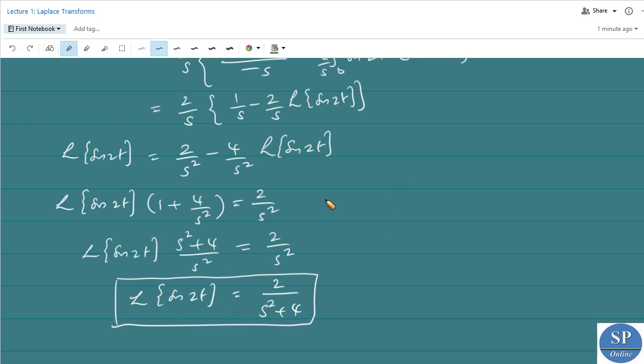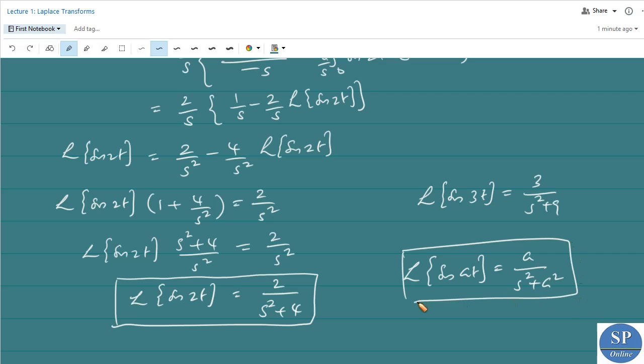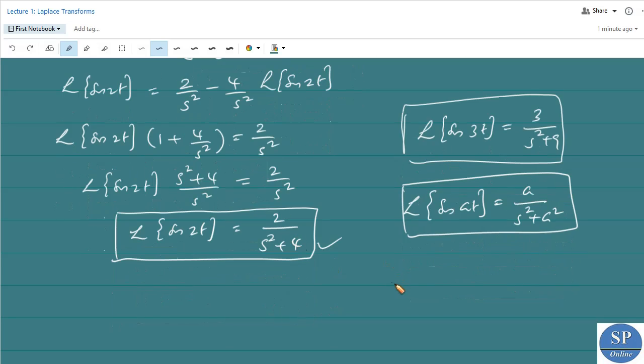So you can just verify that the Laplace transform of sine 3t is equal to 3 by s square plus 9. Okay, and generally we have L of sine at is equal to a by s square plus a square. We can just try to prove this in a similar way to doing this problem. Okay, so we can try any other problems like that,